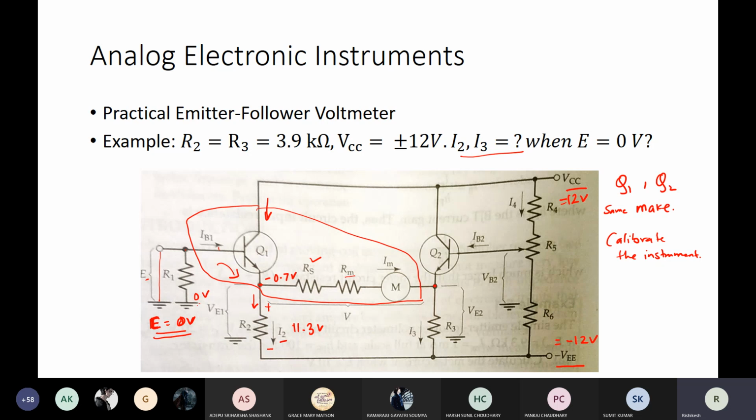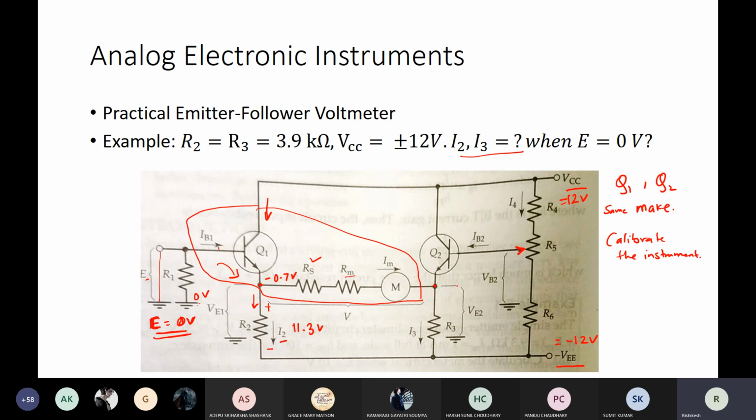Fine. Now, to remove the effect of this 0.7 volts, which we observed previously is going to affect the accuracy of voltage measurement, when you connect this terminal purposefully to ground and this is at 0 potential, we know that this is at minus 0.7 volts. Now, in this transistor circuit, which is like a replica of this one, we'll add an adjustable terminal, a variable resistor R5, which we tune in such a manner that the meter,